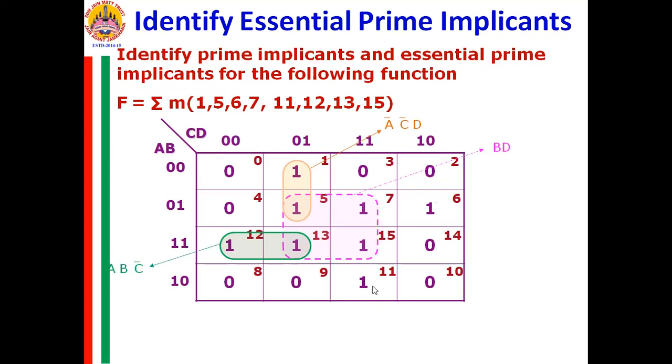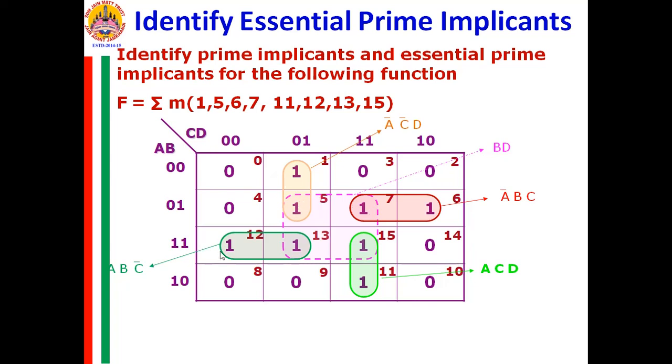Now we have another one here and here. For that, you need a pair again, and the Boolean expression is A bar, B, C. And for the remaining one, you require the term ACD. Now if you observe, even though we are able to form a quad in the beginning, the group of 4 ones, all the ones in this quad are covered by these pairs of ones.